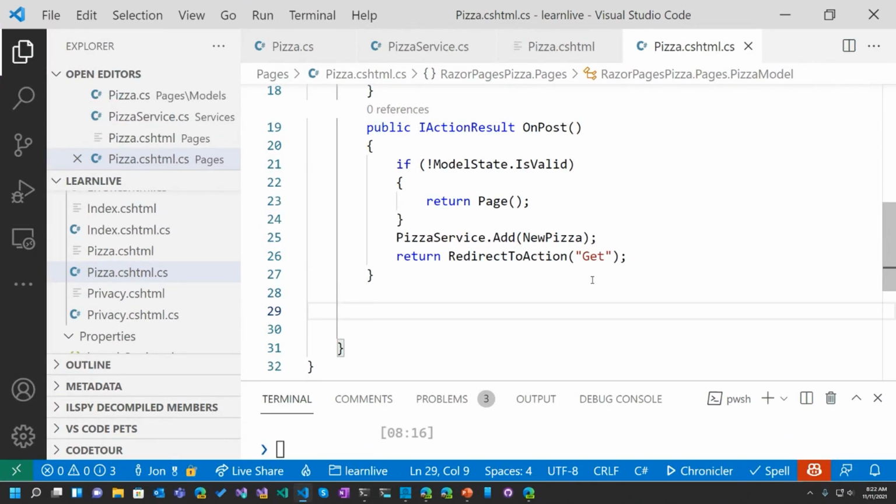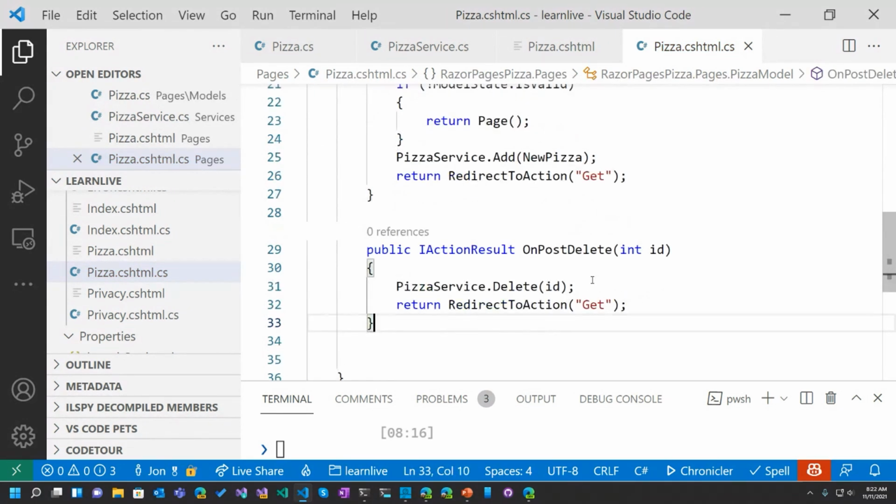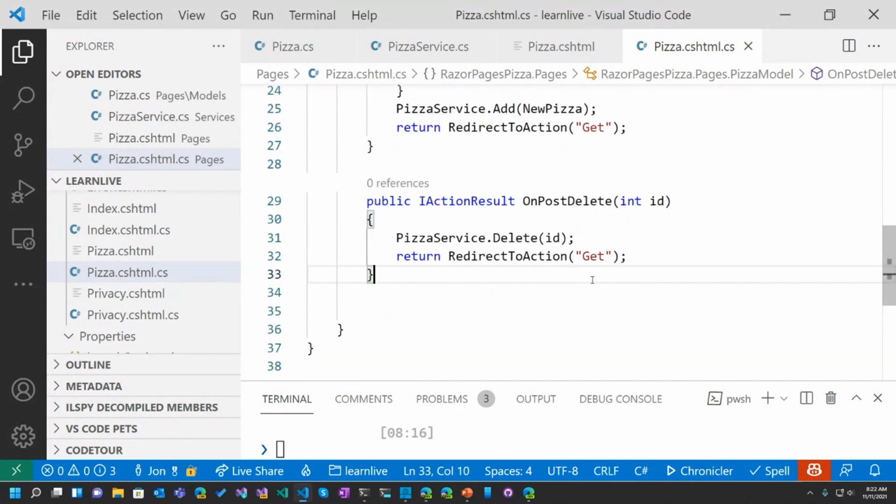I've got a delete method. So that's if we want to delete from the list. We actually have separate little delete forms in the page, one for each delete button. So I handle those. One other really cool thing that I like about Razor is that I can include these